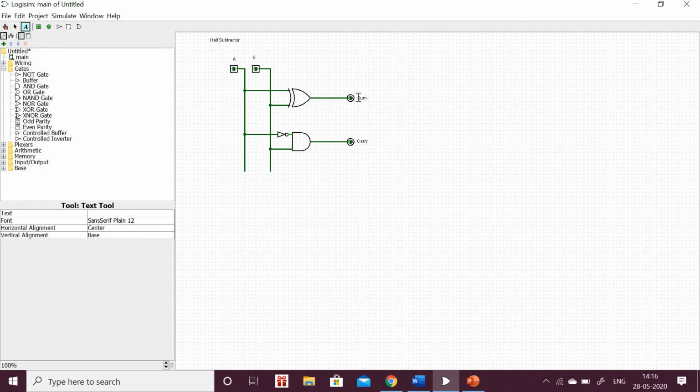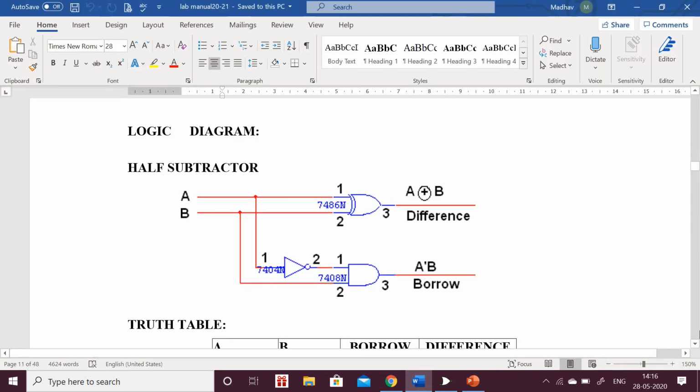And here also, instead of sum and carry, I will change the titles of the outputs: this as difference and this as borrow.